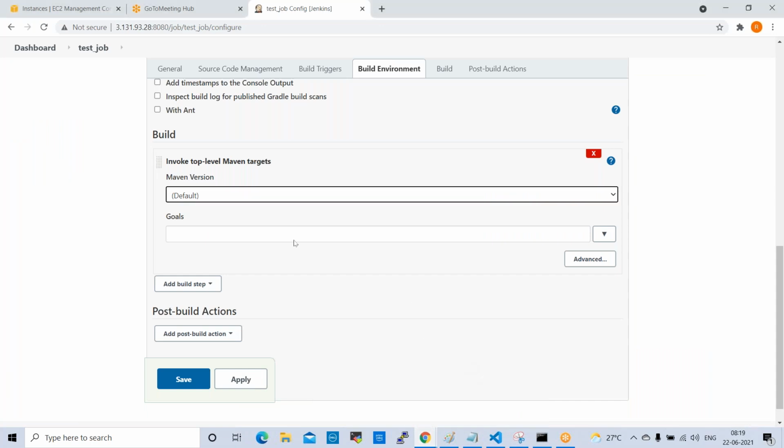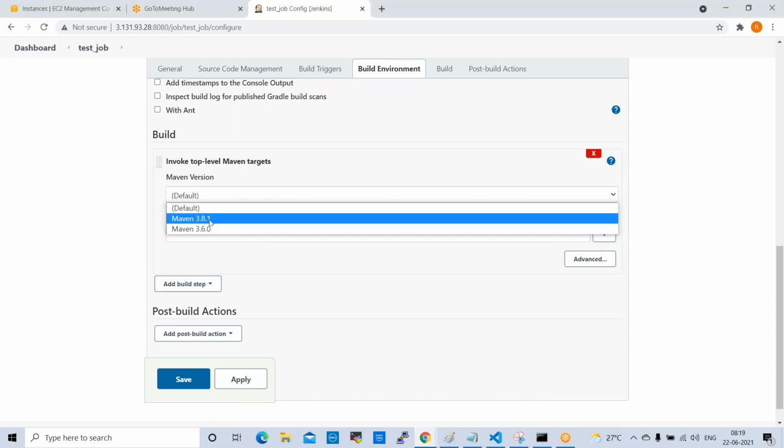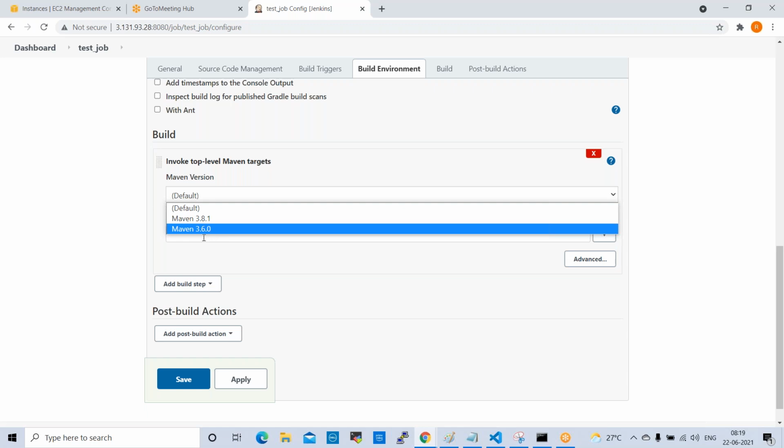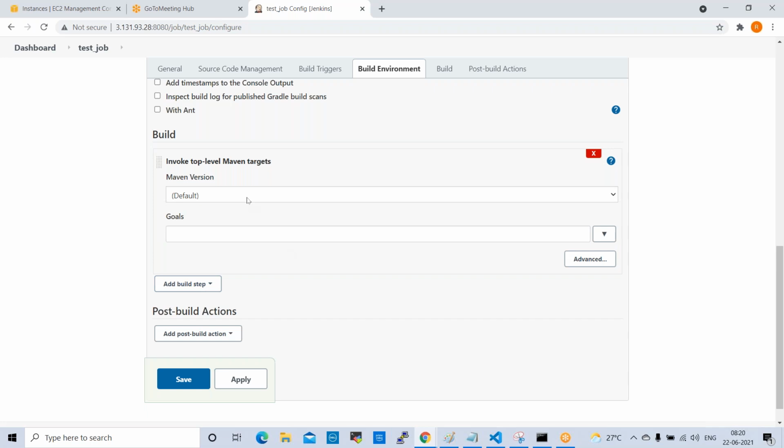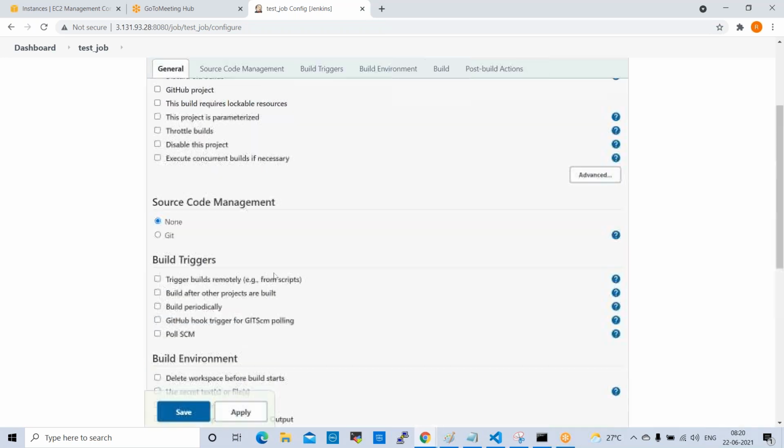Here we can add multiple versions. While configuring a job, we can select the appropriate version as per the project team. Then only the job will succeed. Otherwise jobs will always fail. So here in Jenkins we use multiple Maven versions. While configuring the job, we can select that version and configure the job. Okay, fine. This is important. Again, we'll discuss this concept in Maven also.